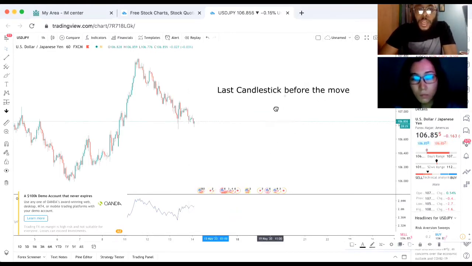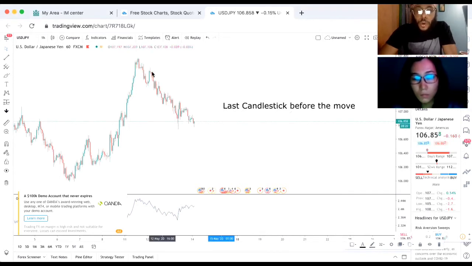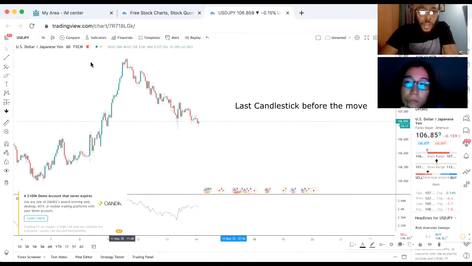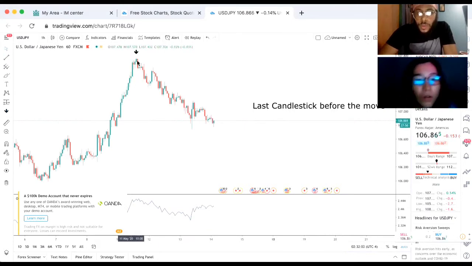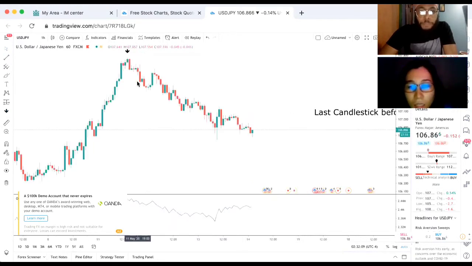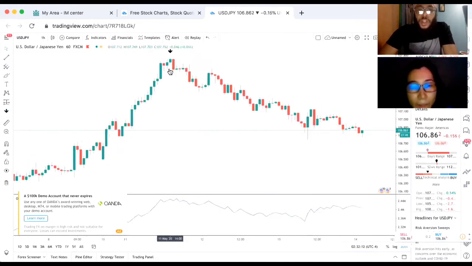If we're looking at a point of interest, for example, if we saw a push down and we look for the point of interest, the point of interest is going to be this one right here. It's that last green candle, the institutional candle up there. Let me zoom in so you can see it better. The point of interest is going to be that last green candle before the push down.